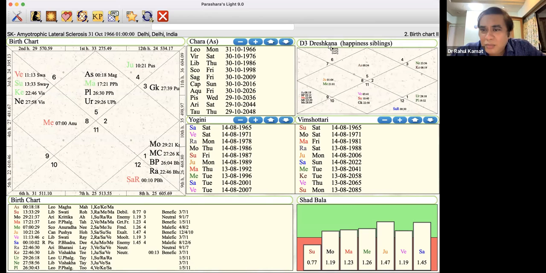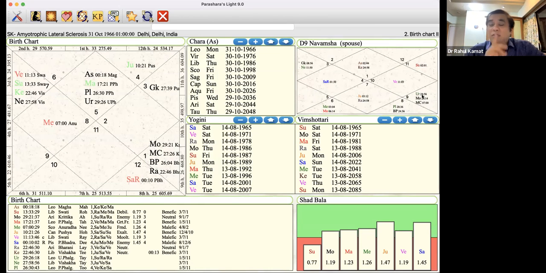And if you see the position in D9, of course, you see the mind is actually also, moon is with Uranus. Now as I said, in Neo-Vedic Jyotish, we look at Uranus, Neptune and Pluto. Uranus indicates some suddenness. Uranus indicates also something to do with the electrical impulses. Also, in a way, Uranus can be looked upon as a higher octave of Mercury in that context. So therefore, Uranus with moon would mean that she had this kind of, not exactly epilepsy, but this kind of acute neuronal discharges, which created severe pain. She became almost kind of uncontrollable pain, like paroxysms of pain, if I may say so. And then suddenly they would subside. So you see that again and again happening,